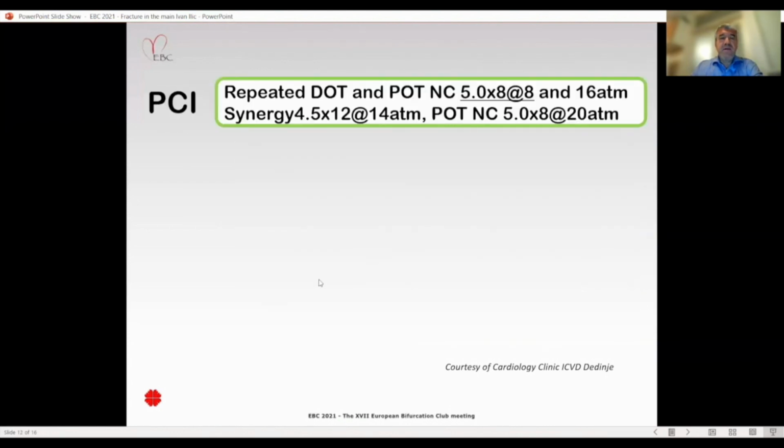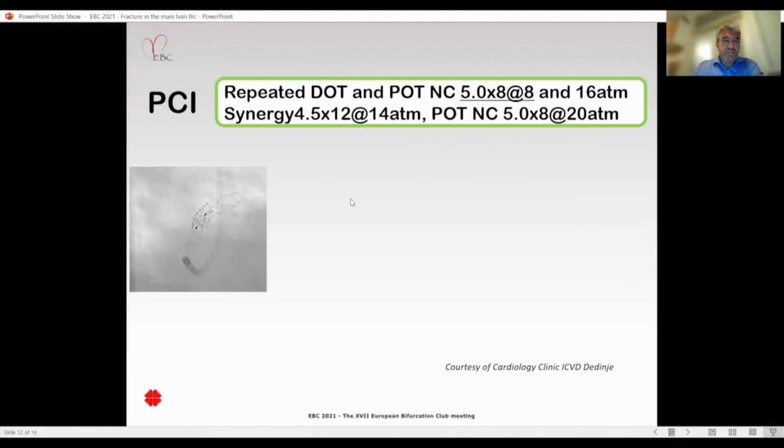We decided to repeat proximal optimization and also to do a distal optimization with a larger non-compliant balloon, and then implanted a short, large diameter Synergy stent 4.5 only in the proximal left main, and then repeated POT with a 5.0